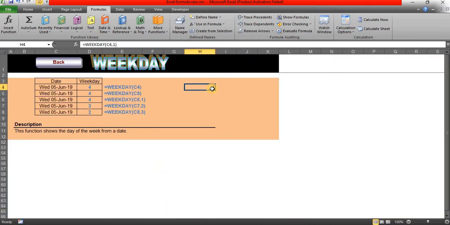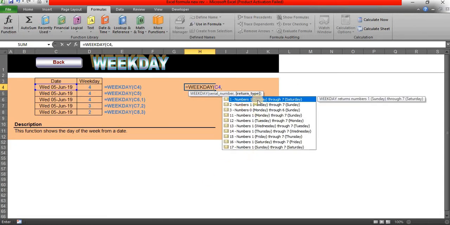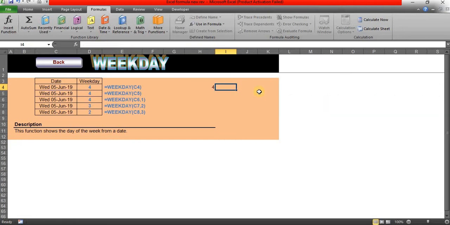WEEKDAY. Using this formula, you can see how many weekdays are available in the particular value. WEEKDAY of, comma, here the number 1 is Sunday through Saturday, number 2 Monday to Sunday, number 3 Monday to Sunday. We have a lot of formats, since in the US, UK, everyone has different time sets and different holidays. In the UK, UAE, we have different holidays. So that's the reason they are providing multiple numbers for each. Perfect. We got 4 weekdays.